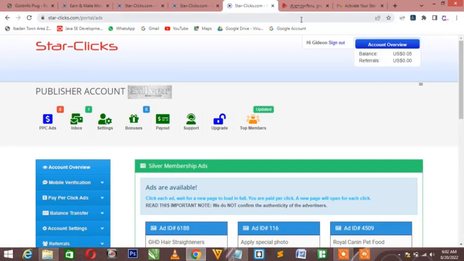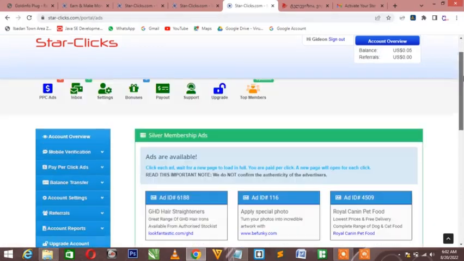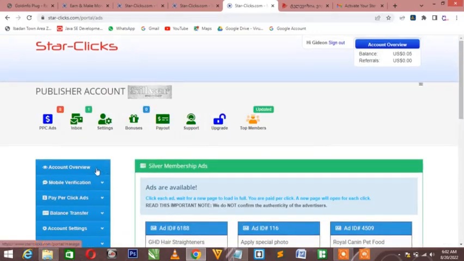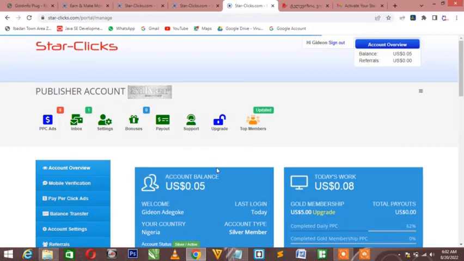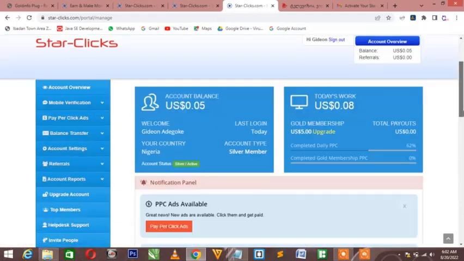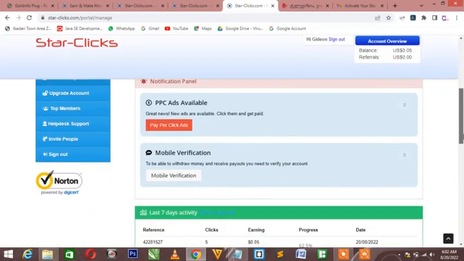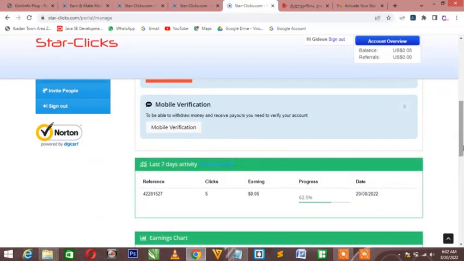So now let's head back to our dashboard, account overview. You can see I'm having 5 cents, which means that I already have 5 cents in my account. So you can go for your mobile. You can see I have 5 clicks and I have 5 cents, and my progress is just